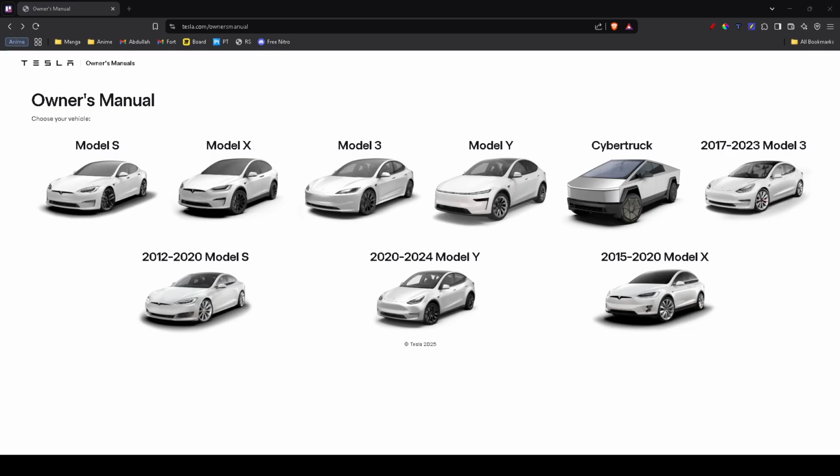In this video, I'll be guiding you guys on how to fix Tesla app not available in your country. So let's get started. First of all, I need you to guide yourselves onto this website, tesla.com/owner's manual, and